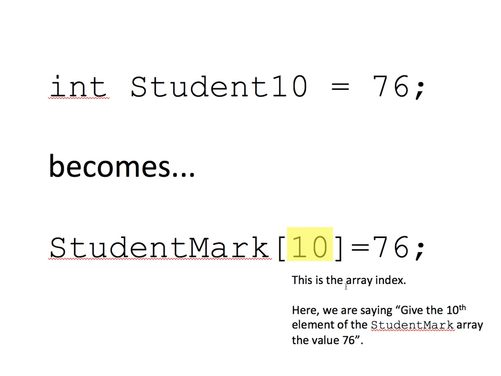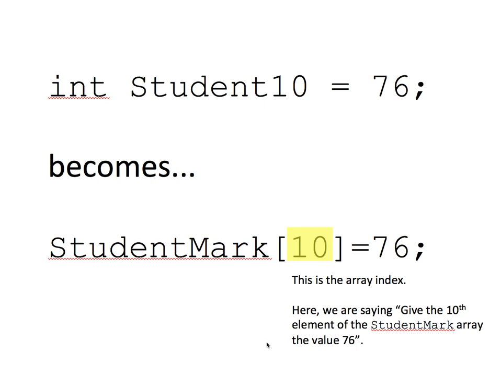So we access the array using the array index by specifying it using the square bracket notation. So here the number 10 is the index. But of course, as we'll see shortly, we don't have to use hard-coded values, otherwise we wouldn't get the benefit of using arrays. So here we're simply saying, just to reiterate, give the 10th element of the student mark array